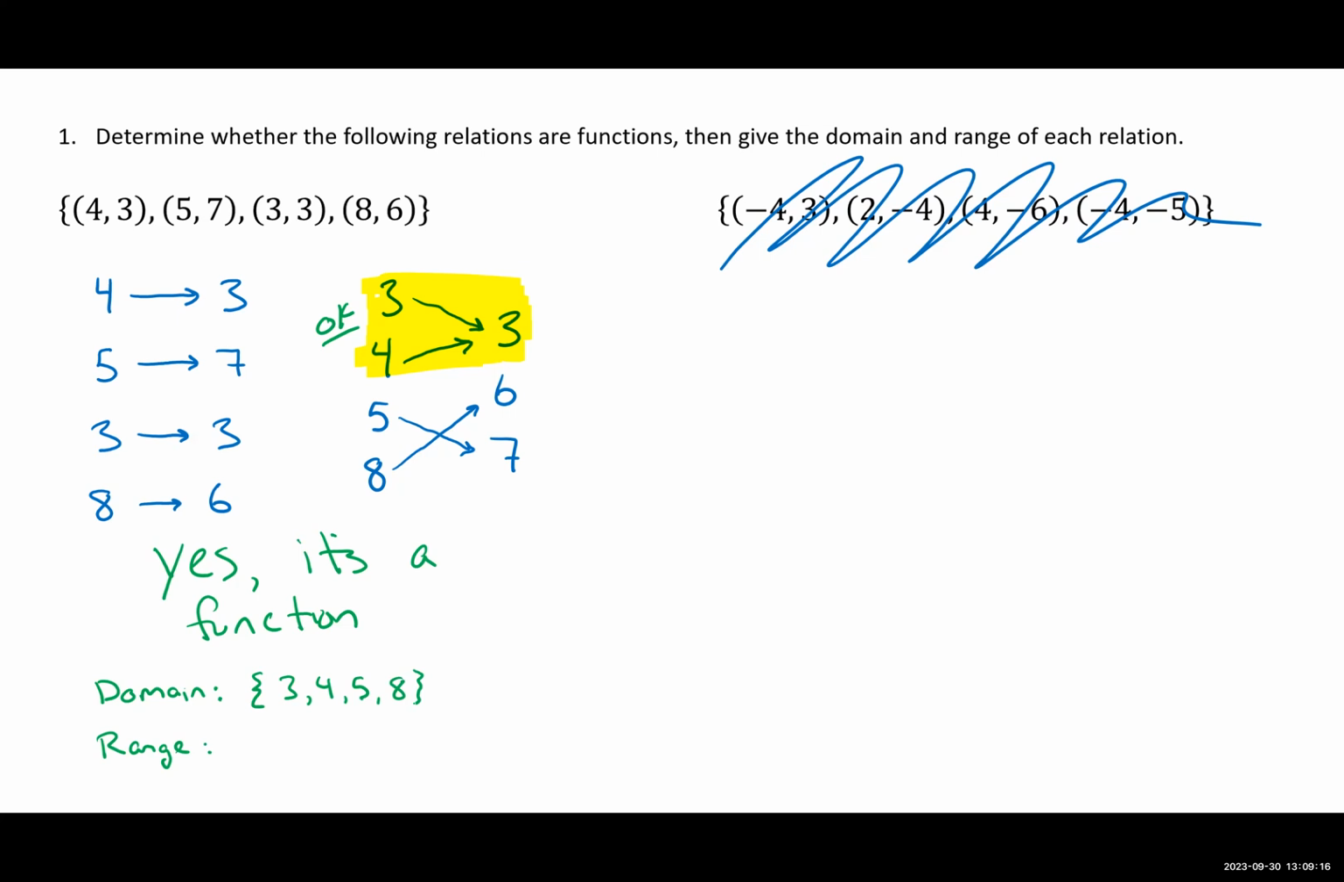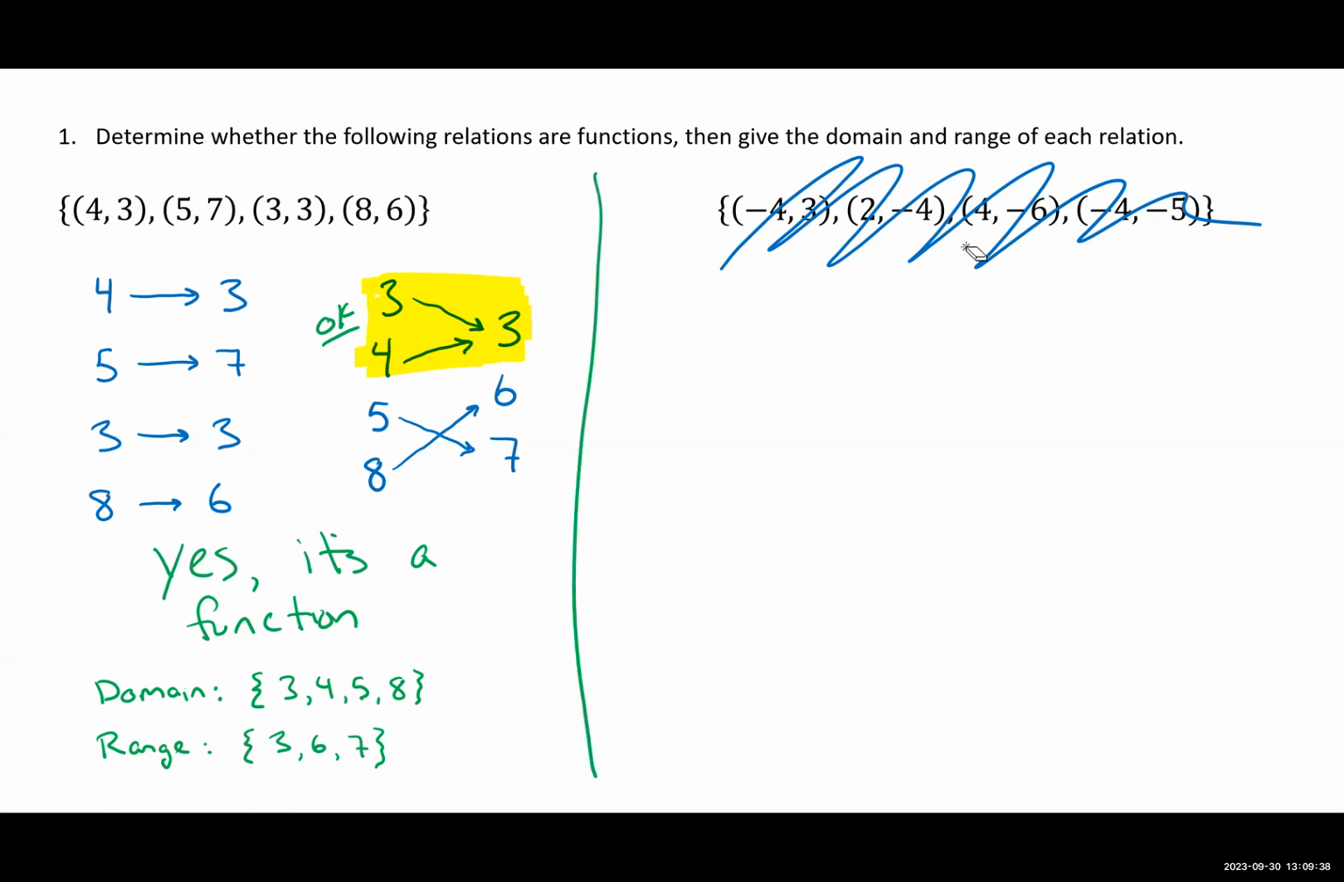Relation is short for relationship. And the range is all the y values. You don't need to repeat y values. So there's a 3, a 6, and a 7. Two separate sets. And the way the points are paired up is how we connect these two sets. Now,